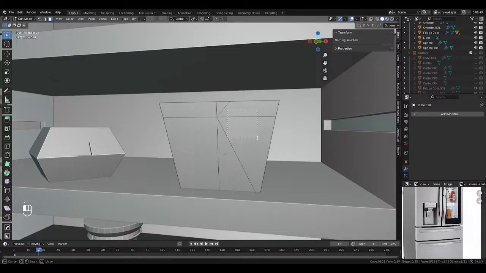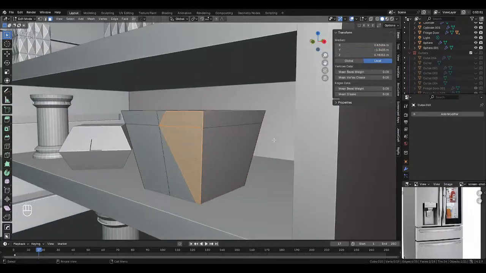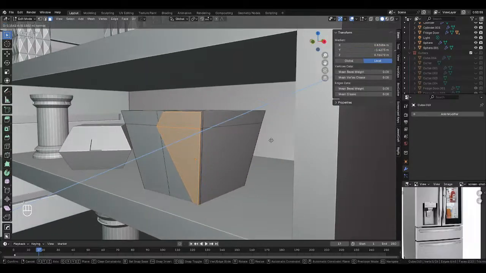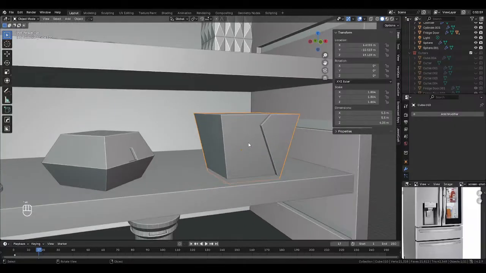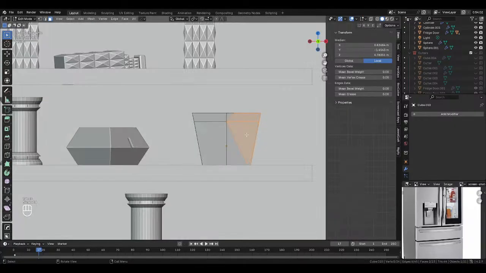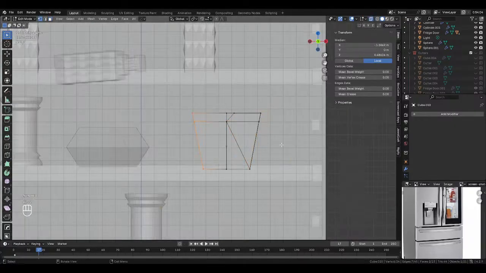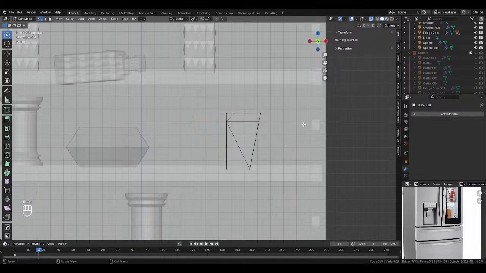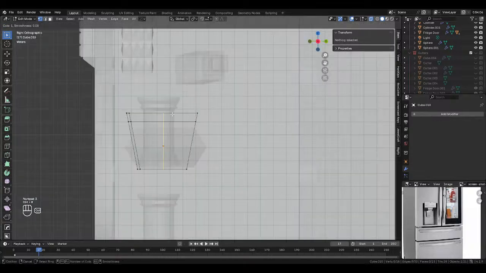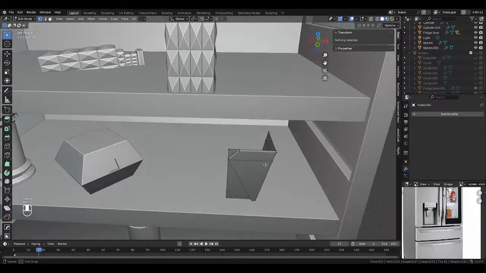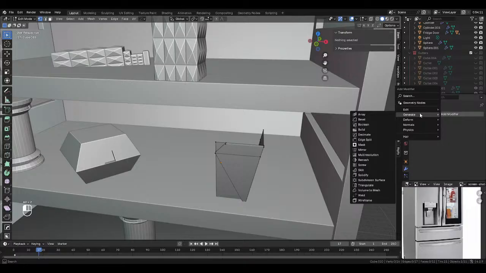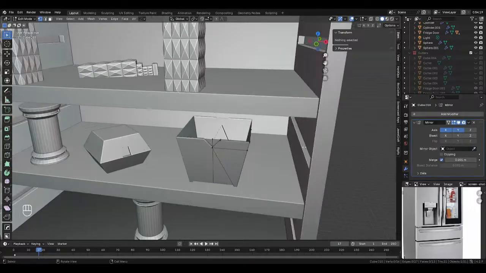We take this, include it out in the Y, this, and then we can delete these vertices, add one class back, delete these vertices, and then if we mirror this across the X and the Y,